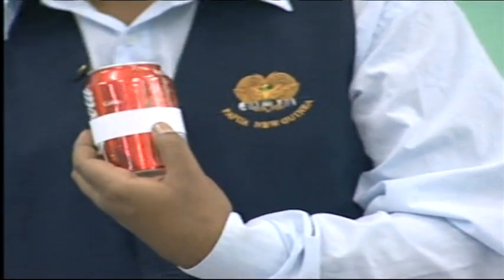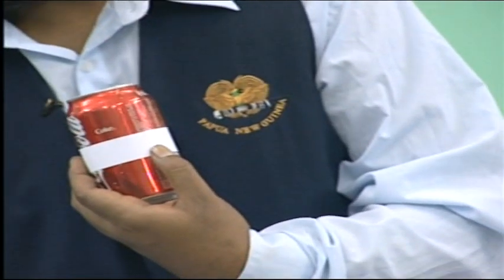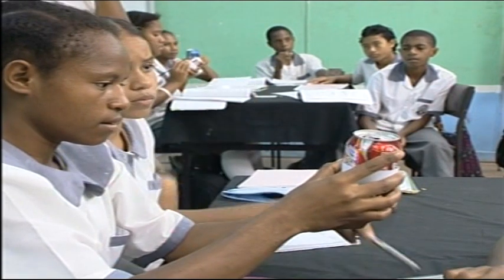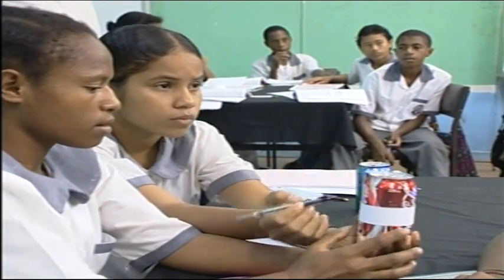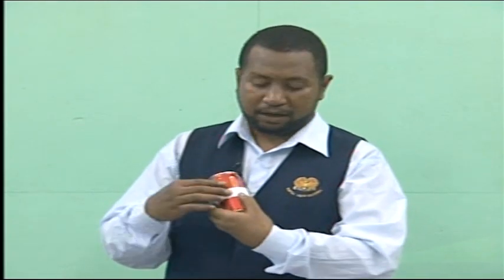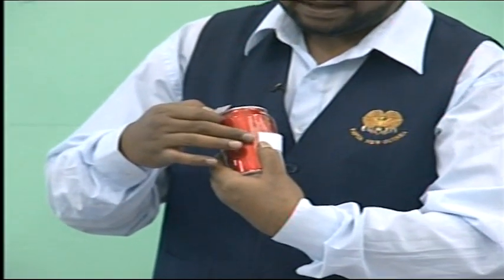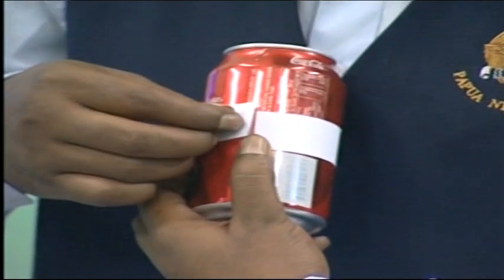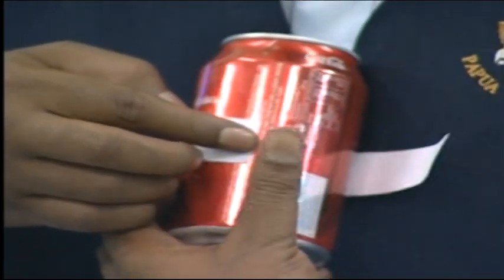Now, the next step, you get your biro, mark a point on the paper where it meets the edge of the paper. So you look at the strip of paper, you put a mark where the first edge meets the other edge of the paper. So for example, here, look closely at my strip of paper. This is the beginning of the strip of paper. So as soon as I wrap around, and then when it meets the end of that, so the beginning of the strip of paper,